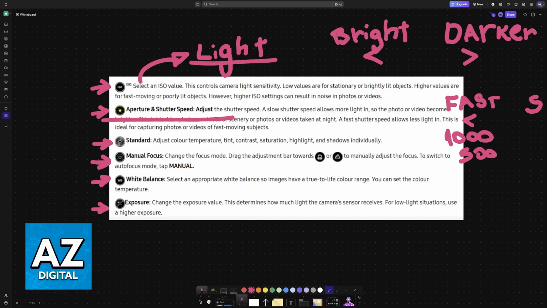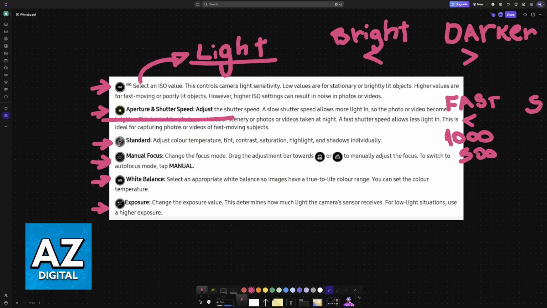Aperture will control the size of the lens opening, affecting both the amount of light and the depth of field. And you should adjust this if you are doing portrait or subject isolation, or landscapes and group shots. Use higher numbers. So for portraits, lower, and for landscapes or group shots, higher, to keep more of the scene in focus. White balance will adjust the color temperature depending on which colors you want to achieve.